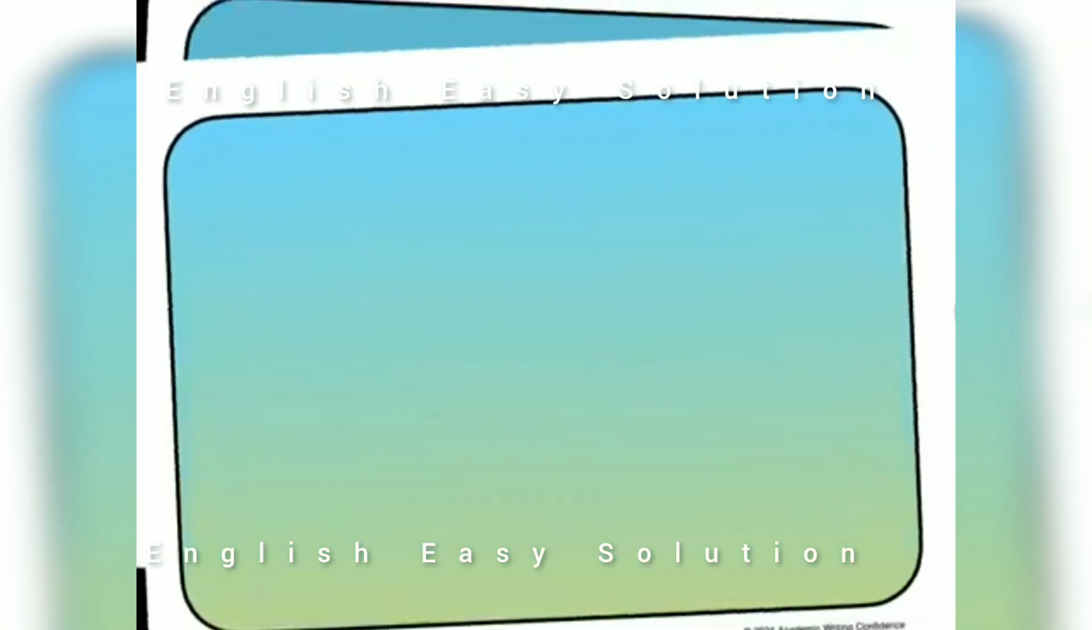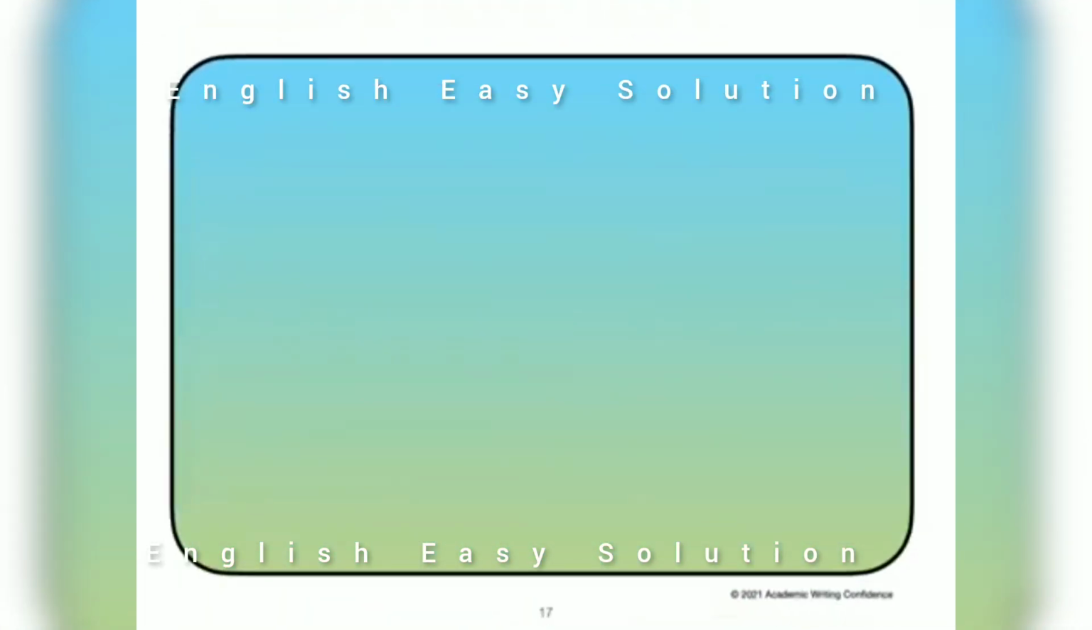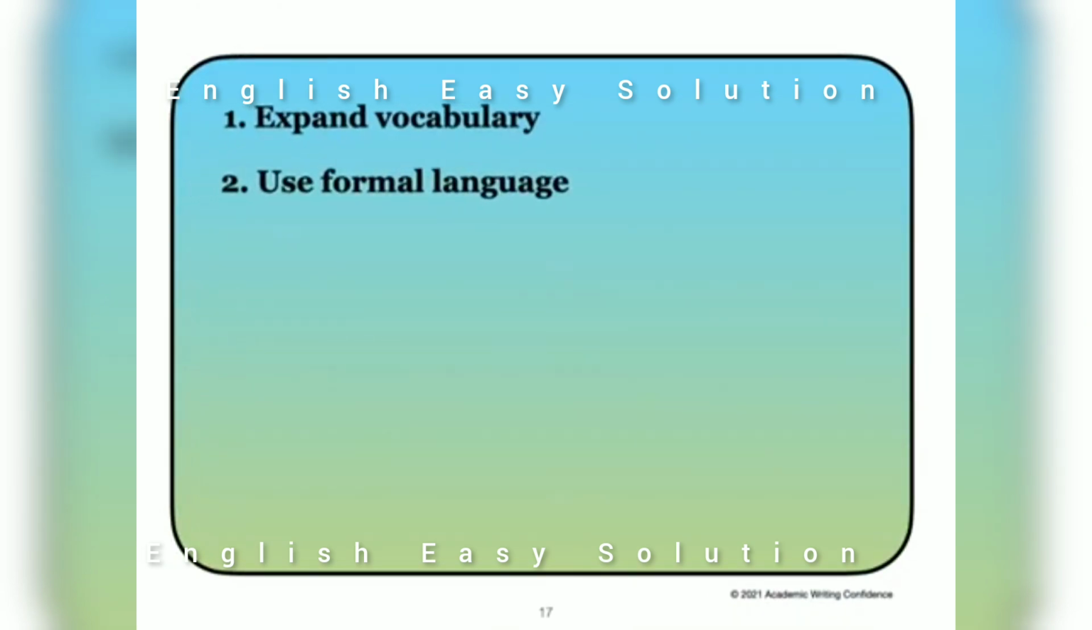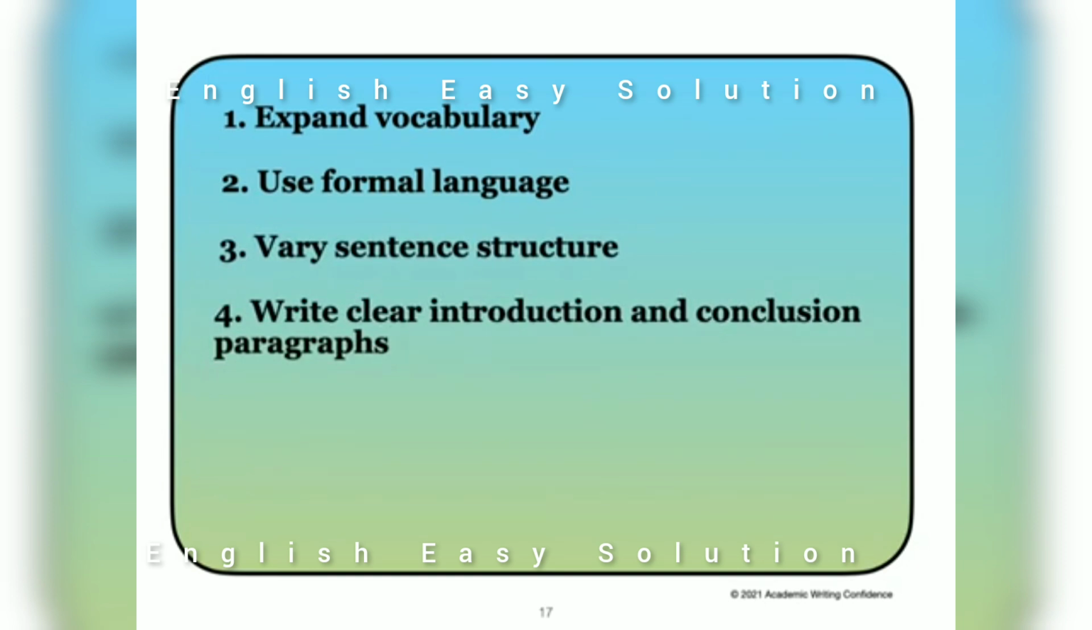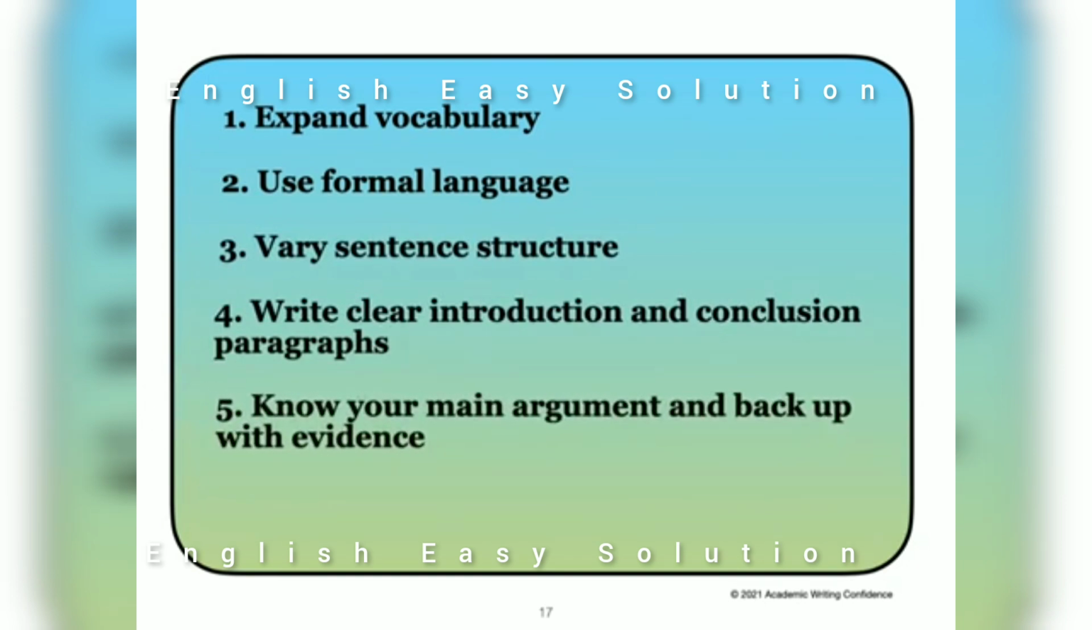So we've looked at 5 ways that could help to improve your academic writing. Expand your vocabulary, use formal language, vary your sentence structure, write clear introduction and conclusion paragraphs, and know your main argument and back it up with